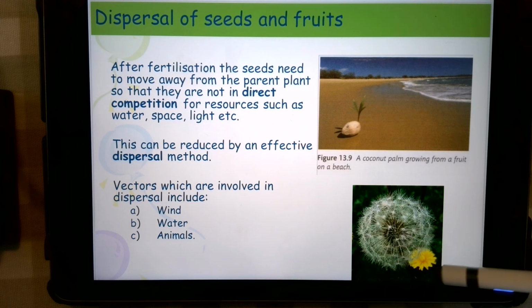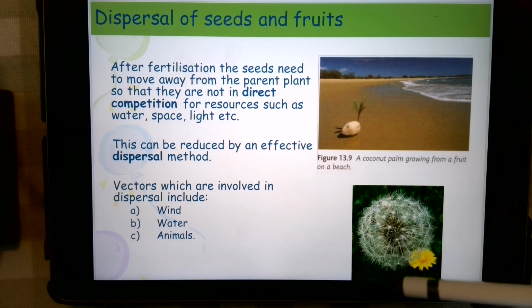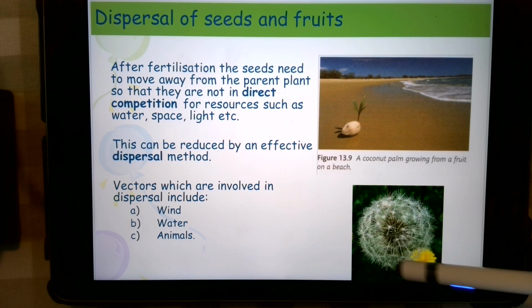This is also another very familiar one. We have this bright yellow flower, which is our dandelion. When pollination takes place, it forms these dandelion clocks, which are caught by the wind and can be transported great distances, and each little one will have a seed attached at the end, and then it has these little feathery parts to catch the wind, which makes it very well adapted